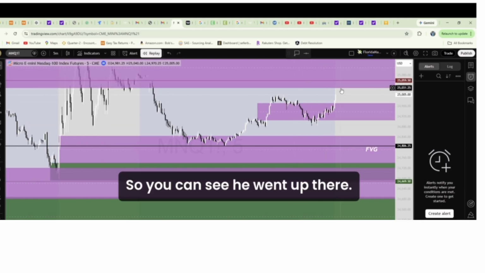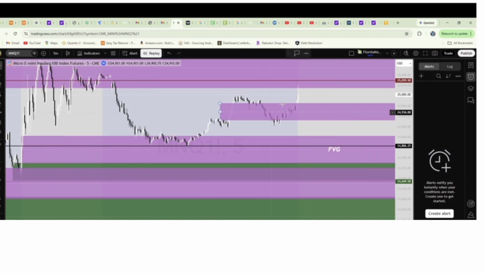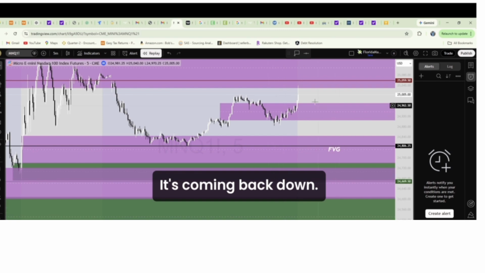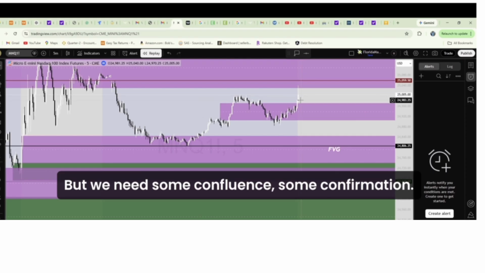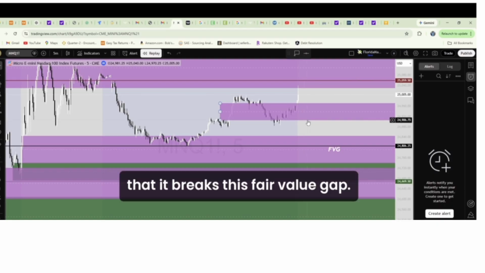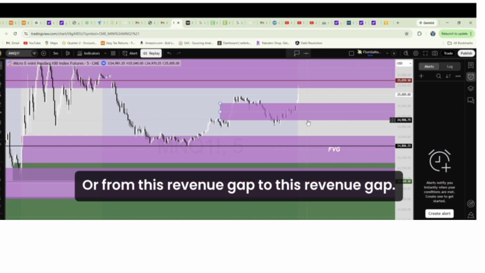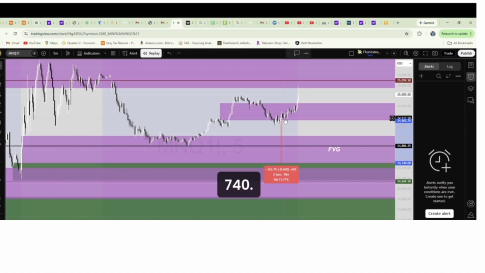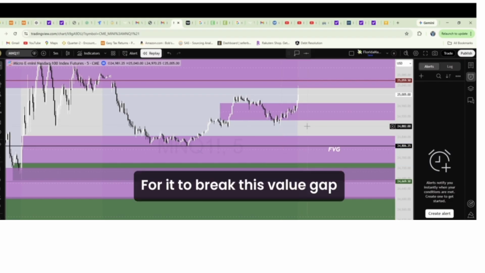So we can see here it went up there and there's rejection. There's a rejection there. So it's coming back down. But we need some confluence, some confirmation. A confirmation may be that it breaks this fair value gap, or from this fair value gap to this fair value gap, 903 to 740. About 160 points. So I can't wait for it to break this fair value gap